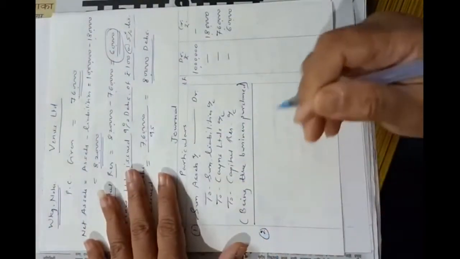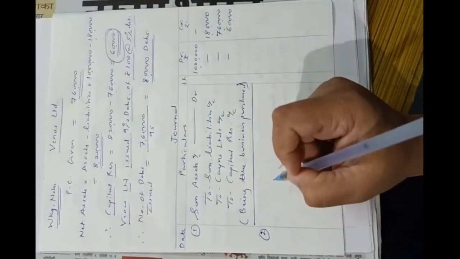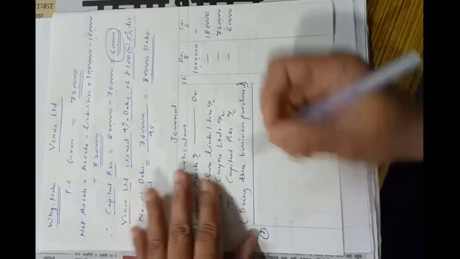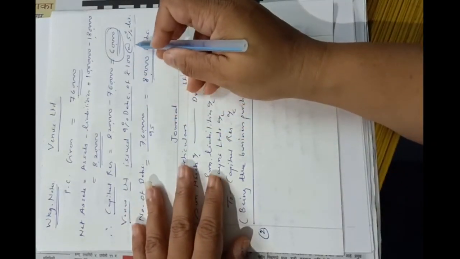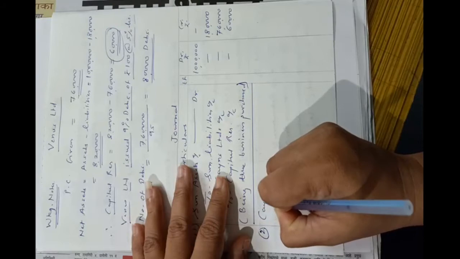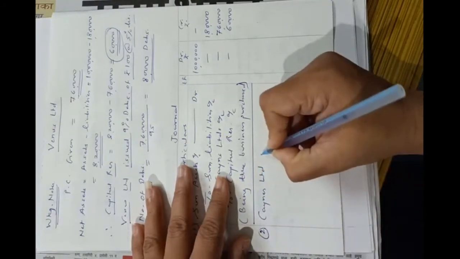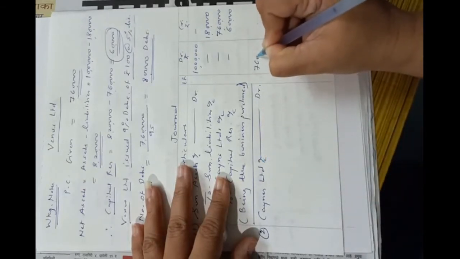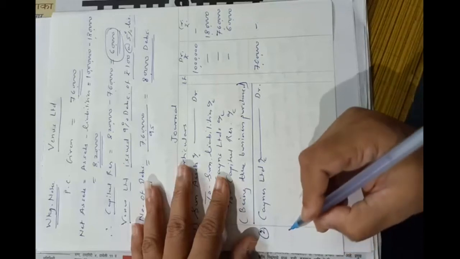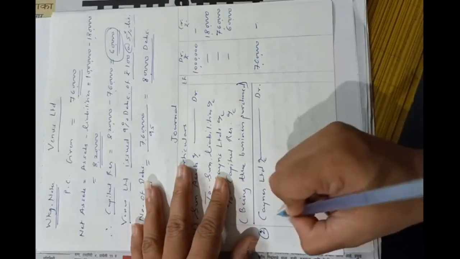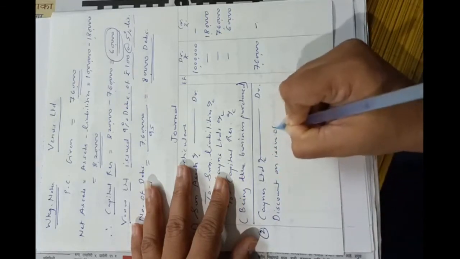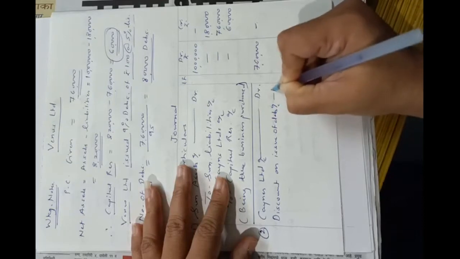Okay, so now we will pass the second journal entry, that is for payment. Venus Limited issued to Keynes Limited debentures, 9% debentures of rupees 100 each at 5% discount. So Keynes Limited's account debit 7,60,000. Okay, discount on issue of debentures account should be debited. So discount on issue of debentures account debit.